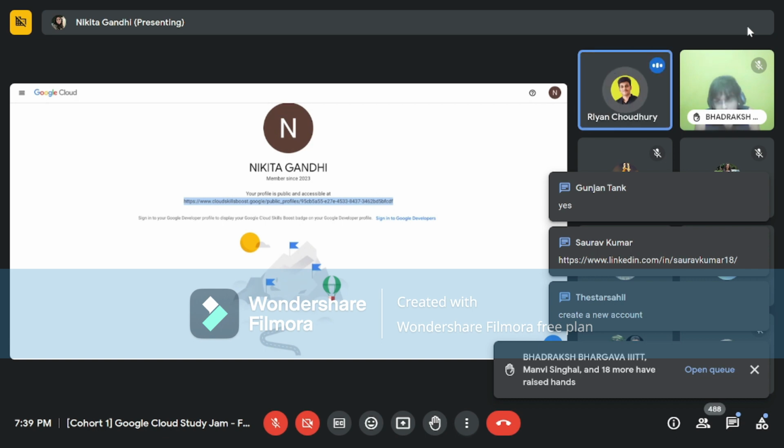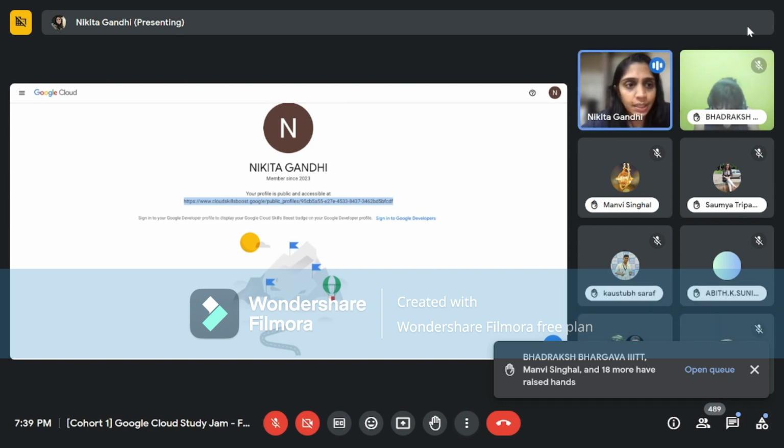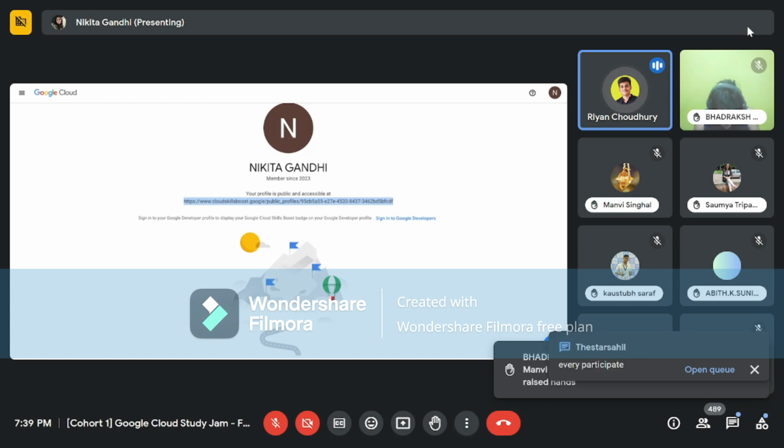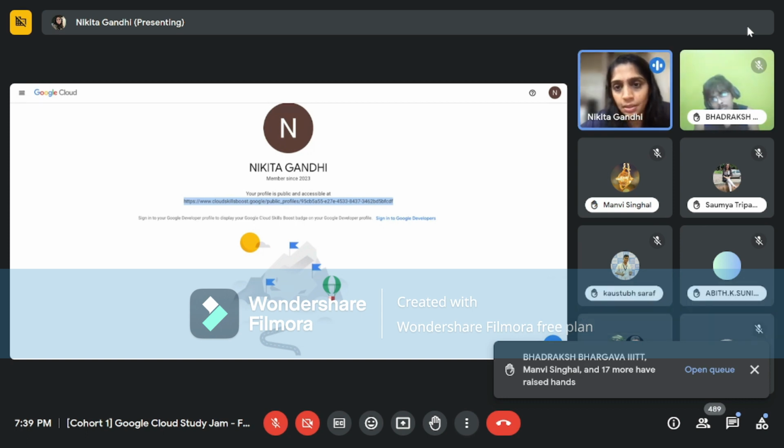Ma'am, I had a query about that. Is this condition only for the facilitator, or for every participant? Every participant, right? Because as a facilitator, you're going to enroll, and you have to mention in the form that if you have an account, then create a new account and mention your new account's Cloud Skill Boost public profile. Yes, so if you created an account that time and you know that it has no badges earned in the past, you haven't taken up any pathway or course in the past, then you can provide.